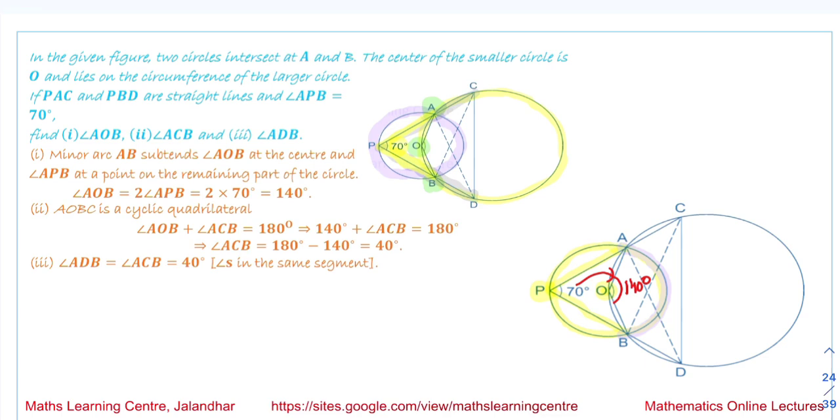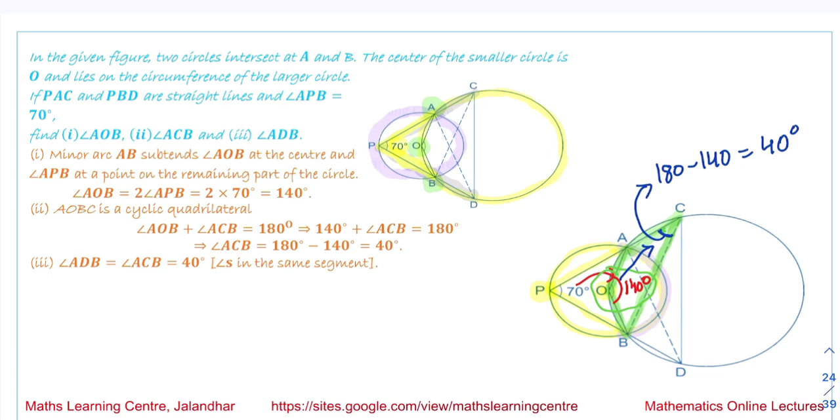Next, look at this cyclic quadrilateral over here. We are talking about C, A, O and B. This quadrilateral is CAOB. In this quadrilateral, this angle at O is 140 degrees, and the angle at C will be such that the sum of both these angles will be 180. So this angle at C will be 180 minus 140, that will be equal to 40